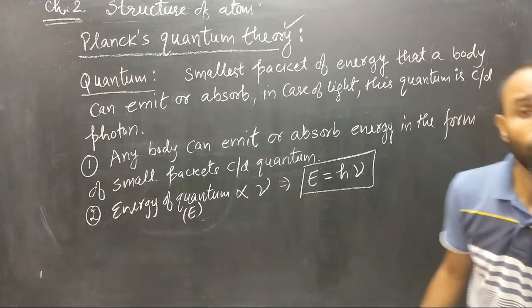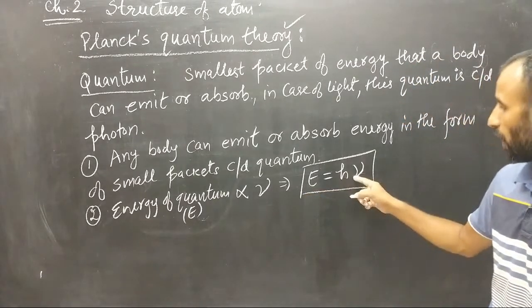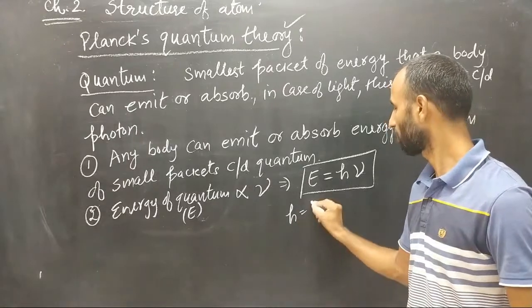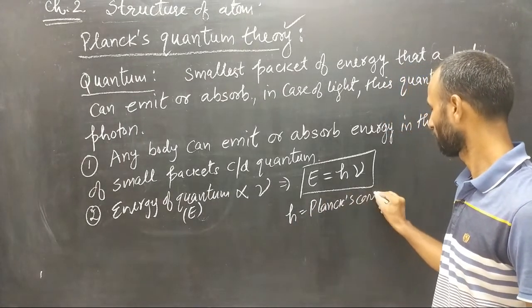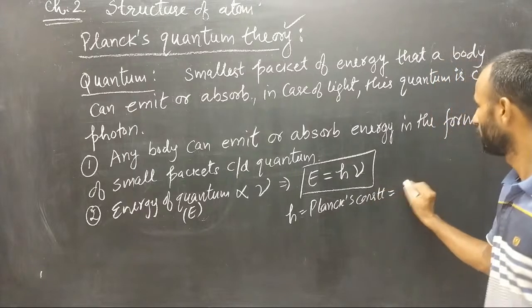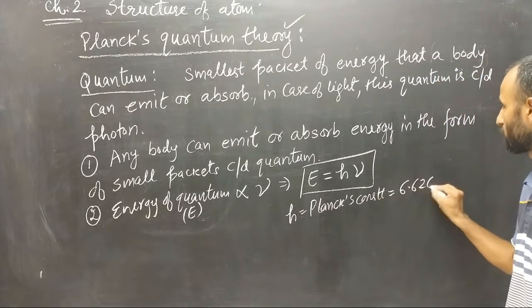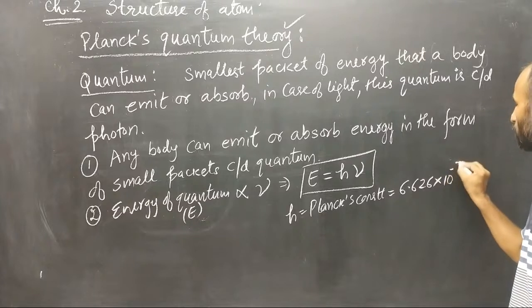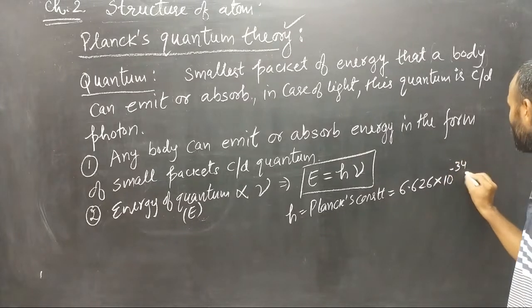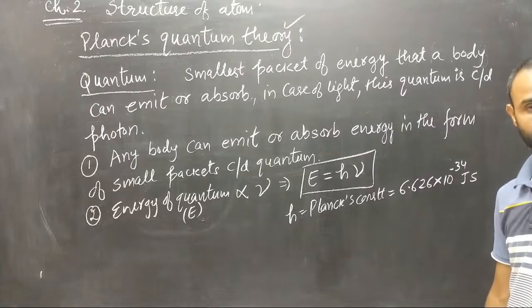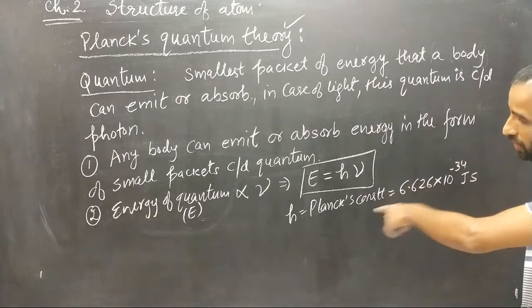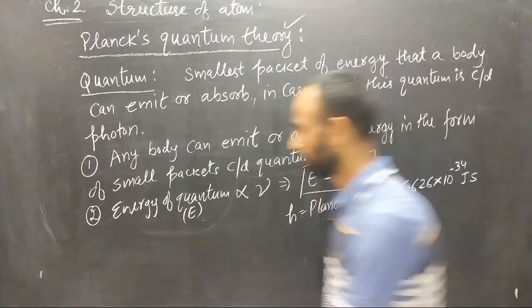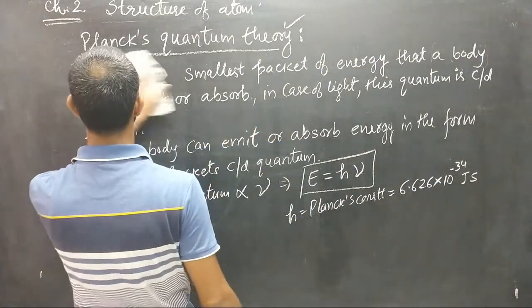E equal to h nu. h is Planck's constant and its value is 6.626 into 10 raised to power minus 34 joule second. This value is fixed. Planck's constant is fixed. Okay, so third is